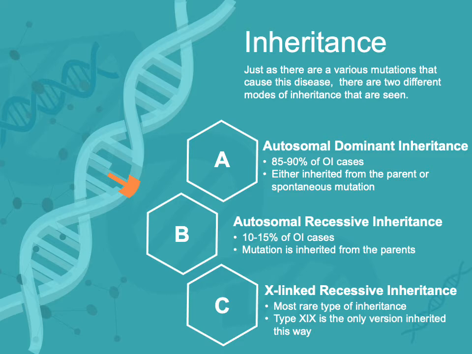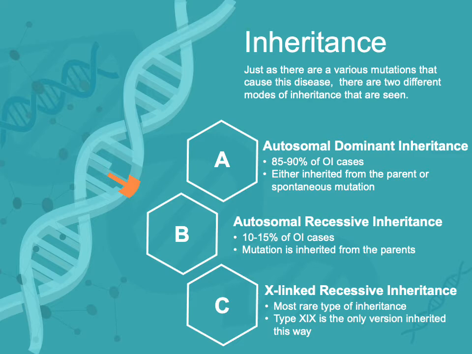there's about a 25% chance per pregnancy that the parents will have another child with osteogenesis imperfecta, and the siblings have to be careful that they may be a carrier of the gene. And so it's something that they need to be looking for as they go on in life and have children. And they can obtain DNA testing to really see if they are a carrier and if there is a potential for them to pass it on to their offspring.